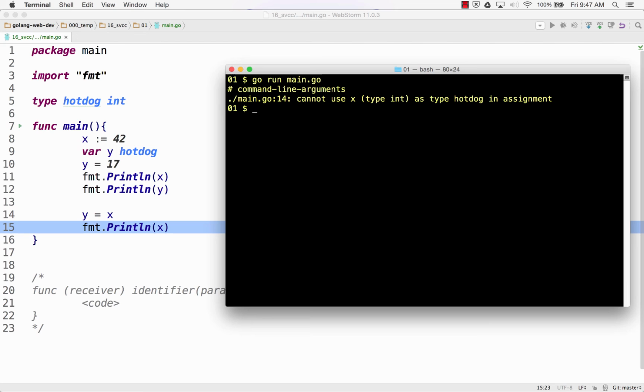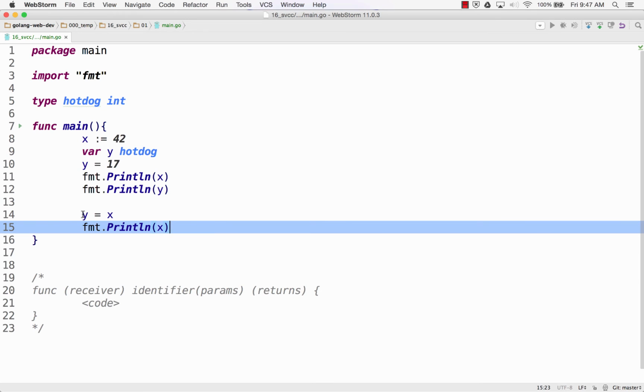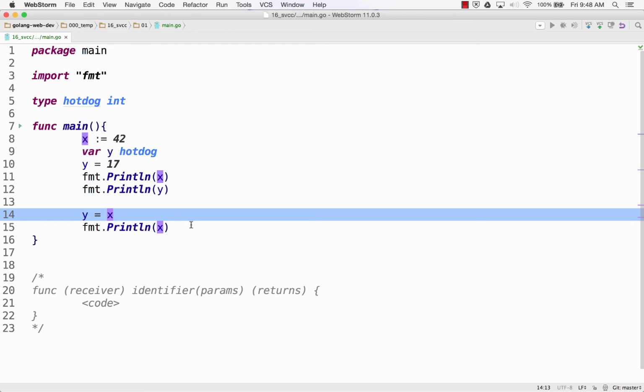Cannot use X type int as type hot dog in assignment. All right, cool. But you know what I could do? Hot dog's underlying type is an int. So I could do a couple of things here. I could say hot dog. I could use